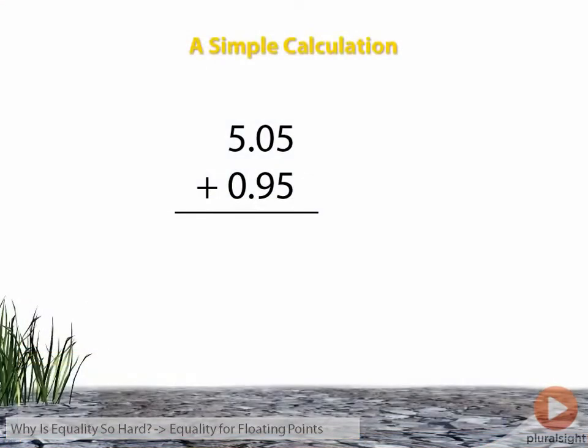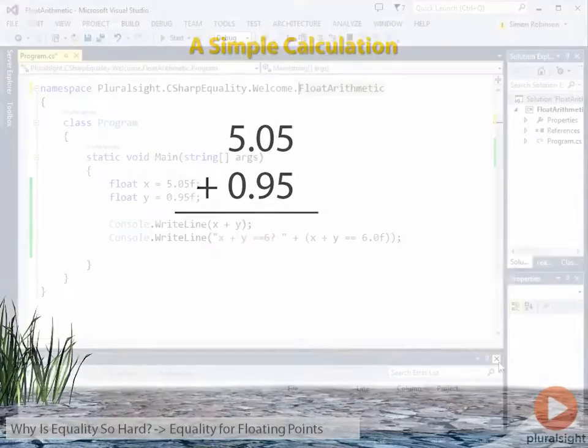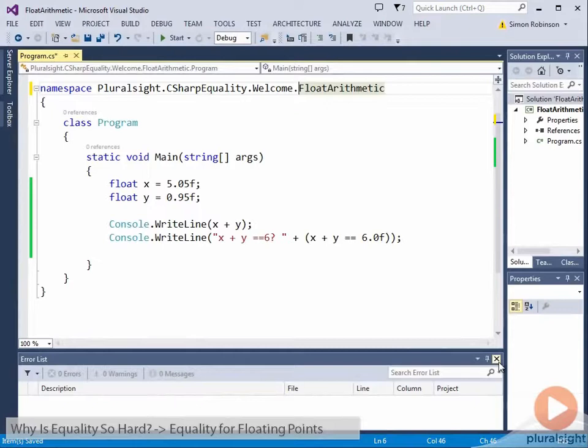Here's a simple calculation. We're adding 5.05 to 0.95. It looks very obvious that when you add those two numbers, you'll get the answer 6. So let's go back to Visual Studio. I have another program now which does exactly this sum using C#'s float type. It displays the answer and checks whether it equals 6. And if I run that,